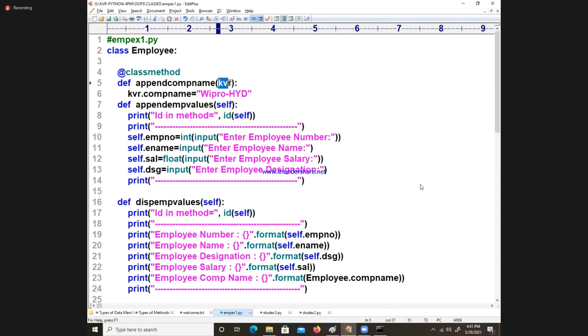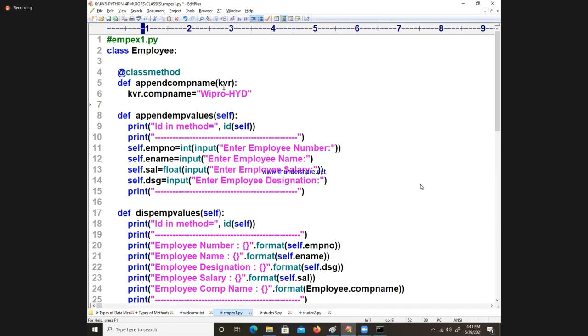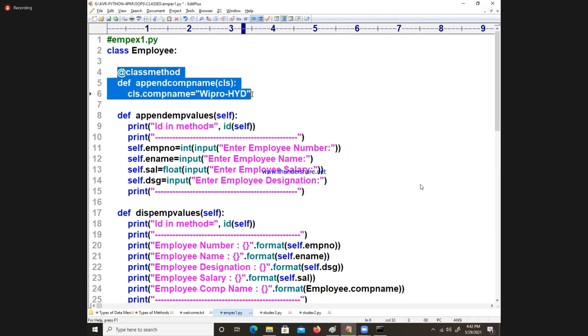Okay, let it be. Coming to the point, for international standards it is recommended to write CLS. But if the interviewer asks whether it is mandatory to write CLS, don't just say yes. If the interviewer writes the code and changes CLS to his name, you have to see that side and this side. So is CLS mandatory or optional? We have to write it as the first parameter. The main important thing is this decorator. Are you getting my point? Please, can you confirm it?